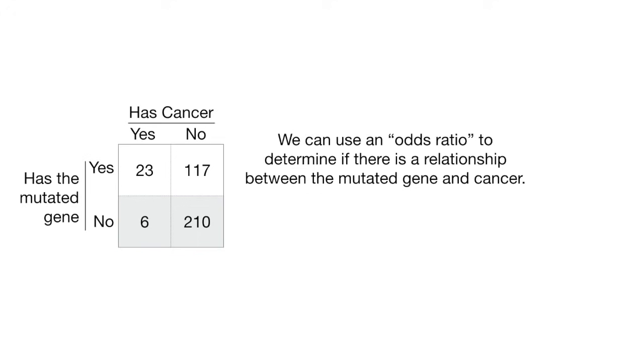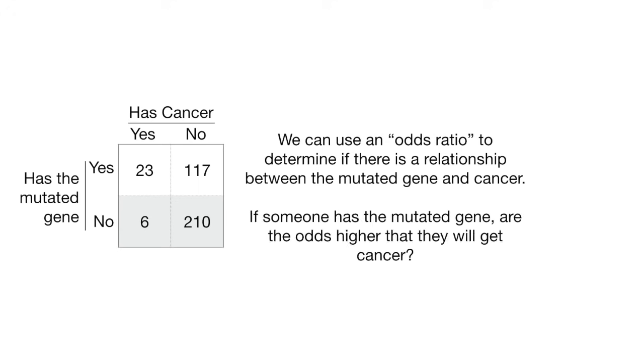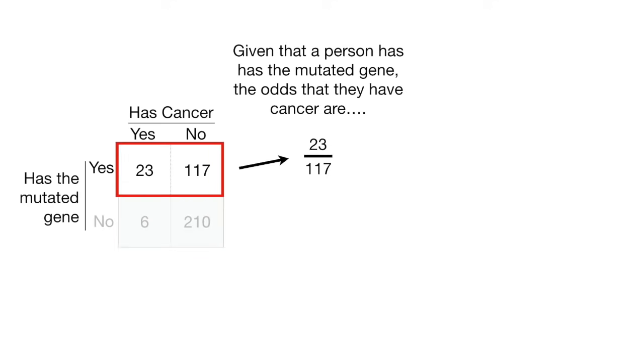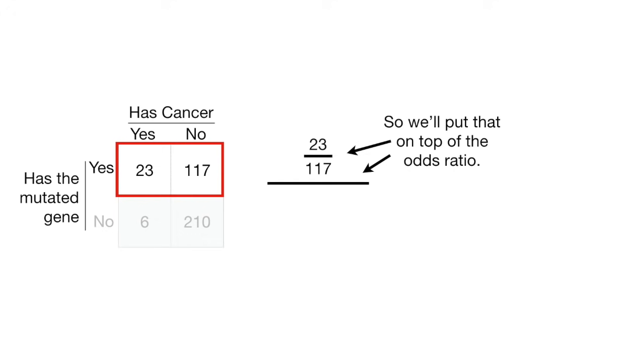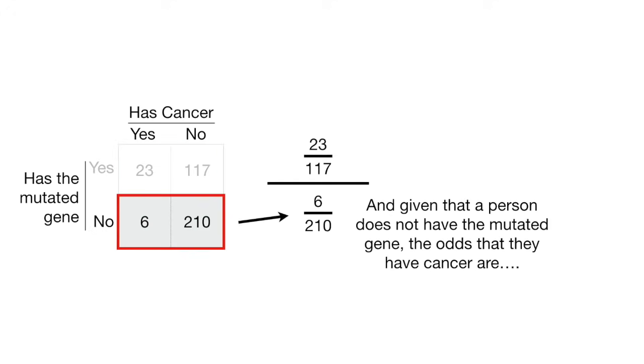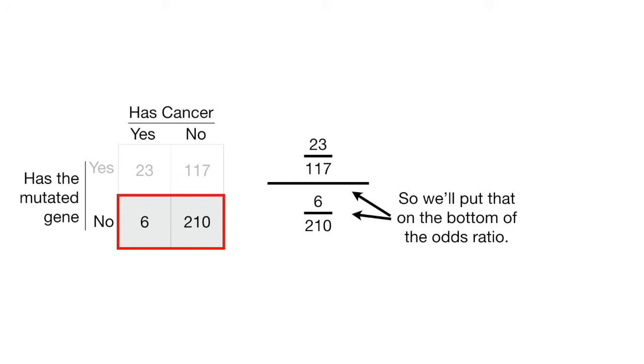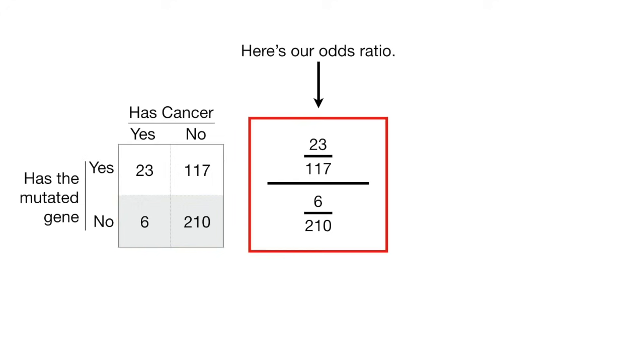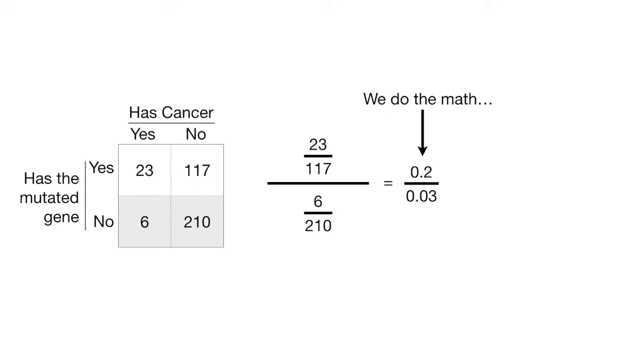We can use an odds ratio to determine if there's a relationship between the mutated gene and cancer. If someone has the mutated gene, are the odds higher that they will get cancer? Given that a person has the mutated gene, the odds that they have cancer are 23 to 117. So we'll put that on top of the odds ratio. And given that a person does not have the mutated gene, the odds that they have cancer are 6 to 210. So we'll put that on the bottom of the odds ratio. Here's our odds ratio. We do the math,